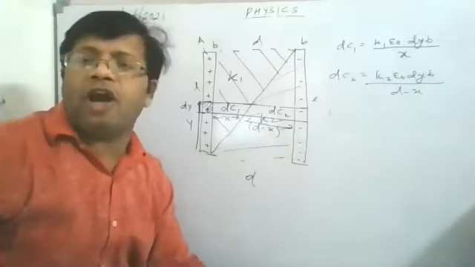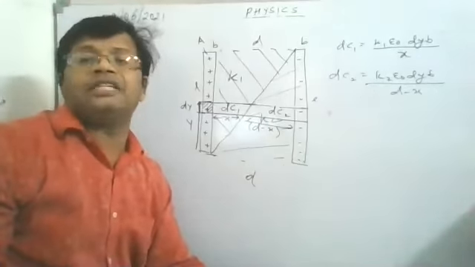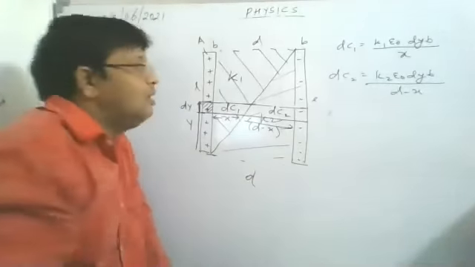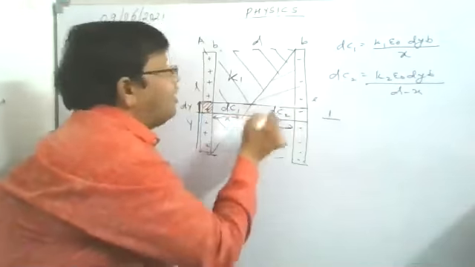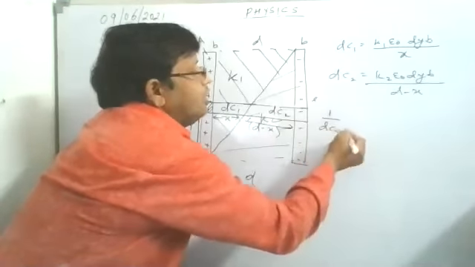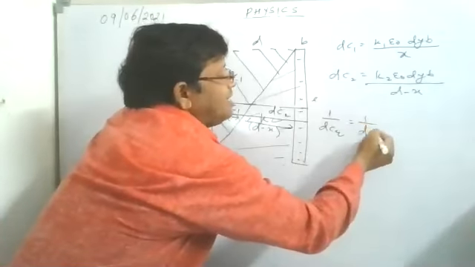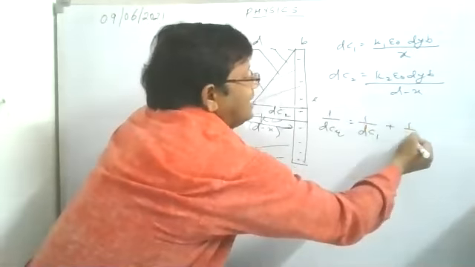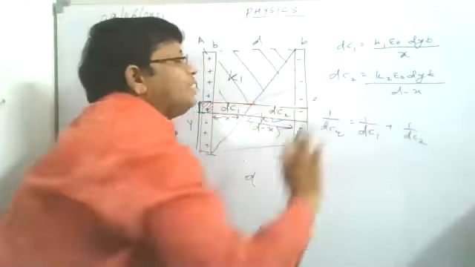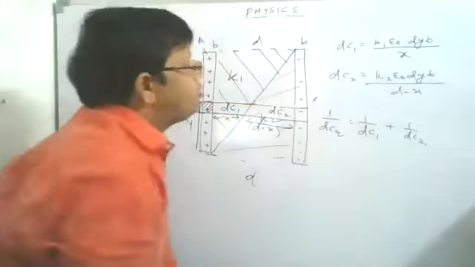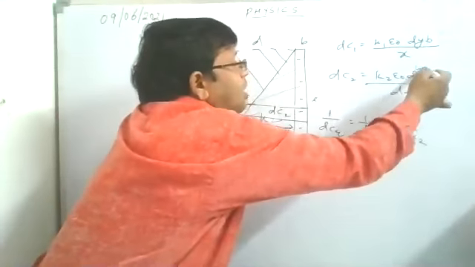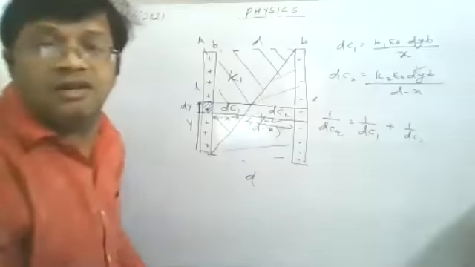Beta, now what you have to do is find the values of dC1 and dC2 individually, or you can do it like this. Since they are connected in series, 1 by dC equivalent is equal to 1 by dC1 plus 1 by dC2. Write the values of dC1 and dC2. Now here, since there are two variables, dy and x, so